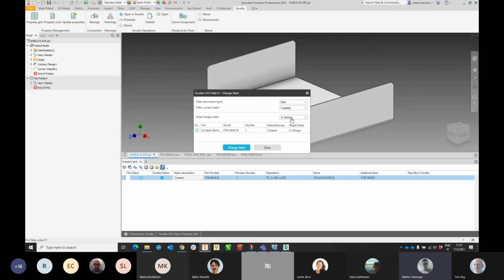We are going to inform the people in our company that we are now designing this item. Of course, in the property card, we have an option where we are able to connect to an existing item in Sovelia. For example, the buyer who has purchased a cylinder has filled the information into Sovelia, and the item is existing in Sovelia. Then the designer goes to a cylinder manufacturer site and downloads the 3D model from the site, and then the designer is able to connect to an existing